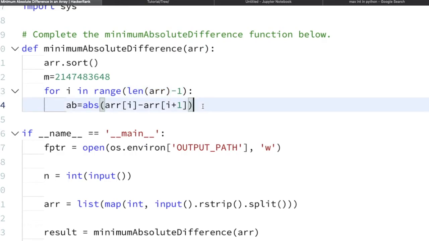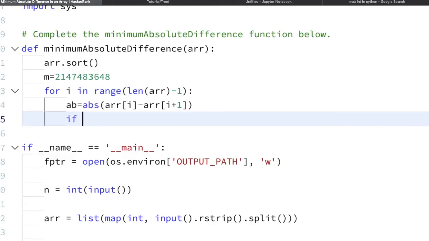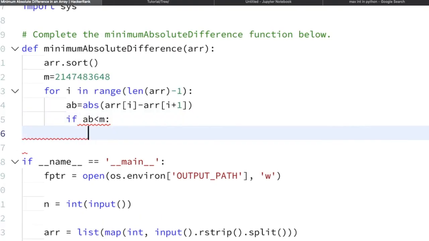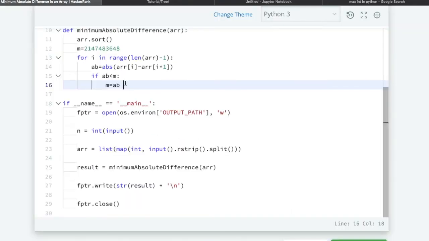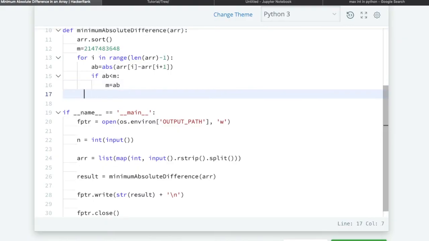Now we will check if this absolute value is less than m, this variable. If it is less, then we will simply update our m, so m equal to ab. Now we have to return the minimum value.